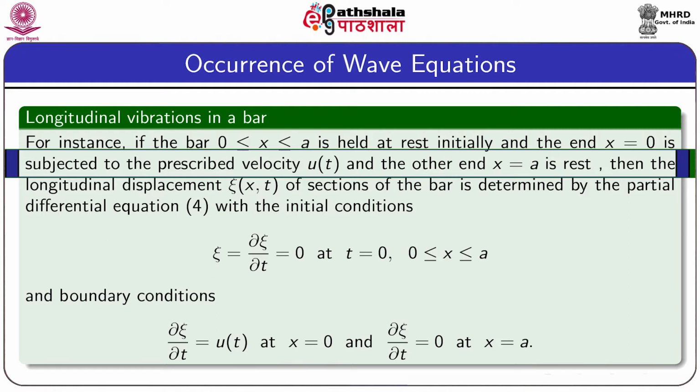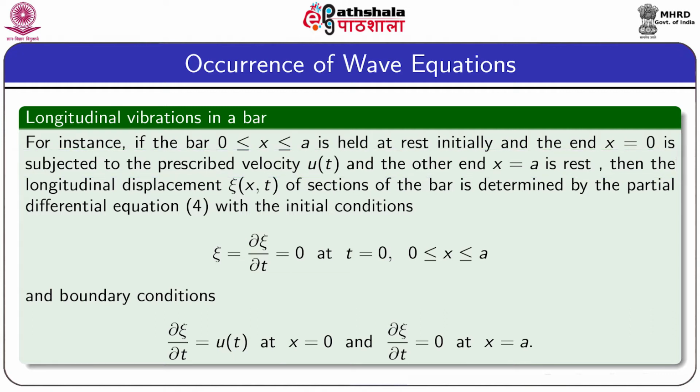That means the end x equals 0 has the velocity u t and the other end x equals a is at rest. Then the longitudinal displacement, which is denoted by xi of a section of the bar, is determined by the wave equation, which is written in equation number 4,